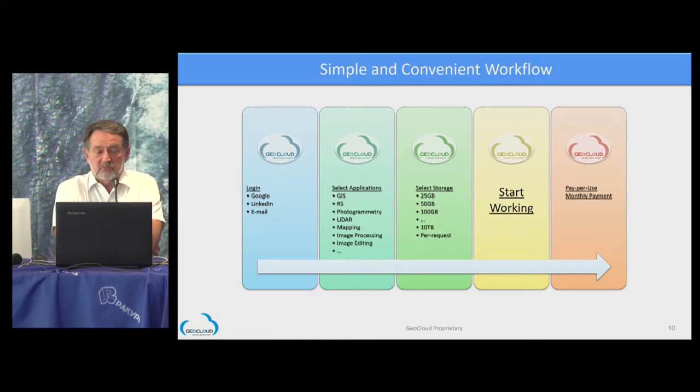This is a workflow, pretty straightforward. You log in using Google or whatnot. Did I run out of time? No, I'm still doing good. Then you select applications. For our purposes, it's a software and a fitting computer. So you choose, let's say, Photomod. Next to it, 4 CPU, 8 gigabyte of RAM, maybe several options. You select the one that you need.